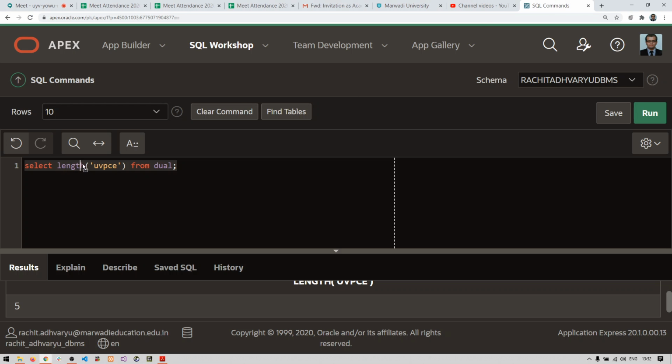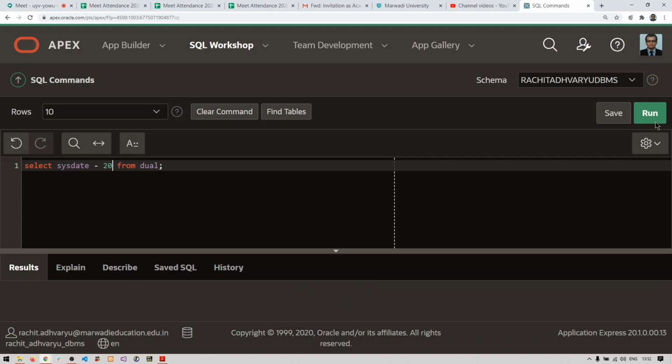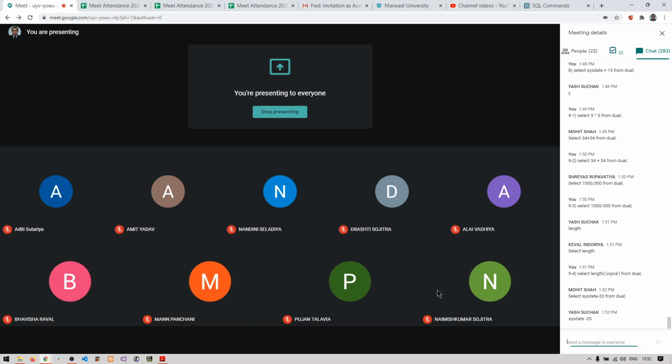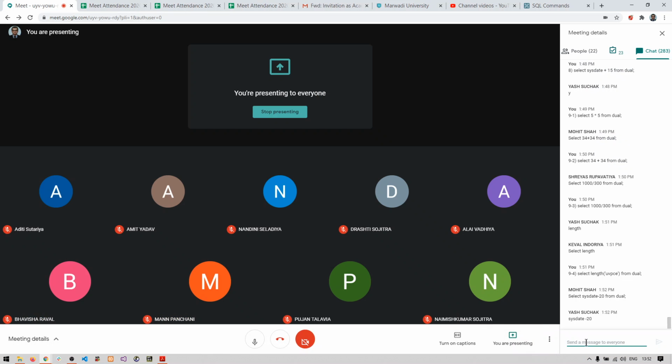Exactly. So what are we going to write? sysdate minus 20. We added 15 days, so now we are subtracting 20 days. So sysdate minus 20 is 2nd of July 2020. This is the answer of the 10th query.